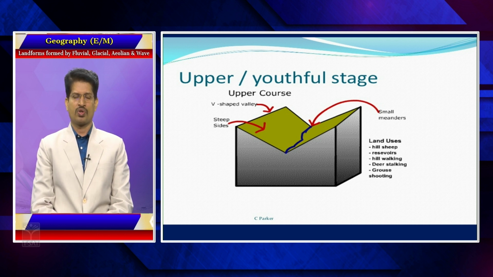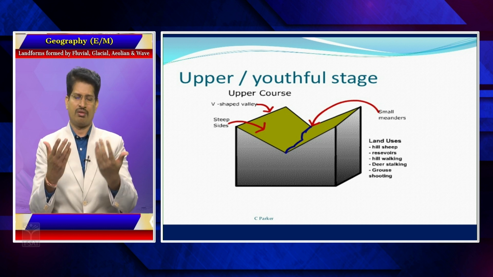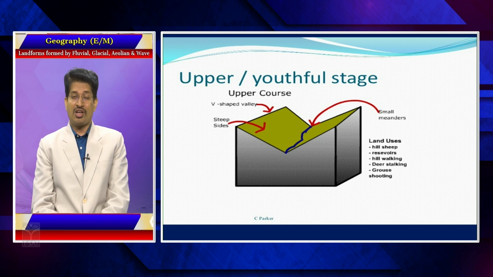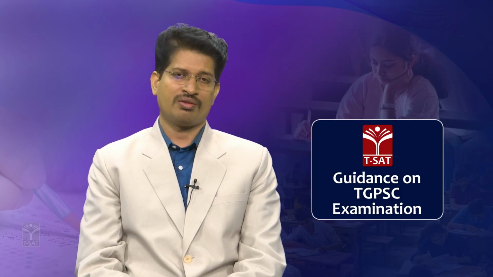For example, when the water is flowing from the higher regions like mountains, the velocity of the flowing water depends upon the gradient of the slope. If the slope gradient is more, the velocity of the flowing water will be very high, and the energy is high when the velocity is high. When the energy is high, the weathering and eroding capability of the flowing water is high.